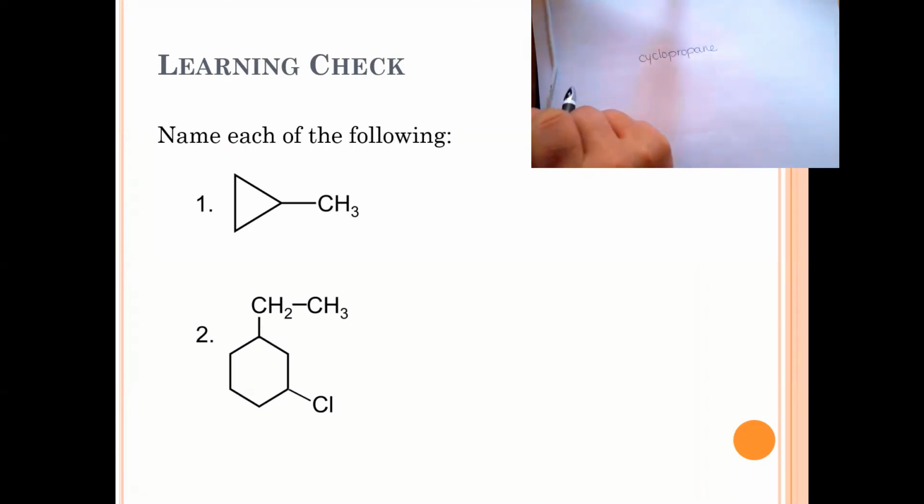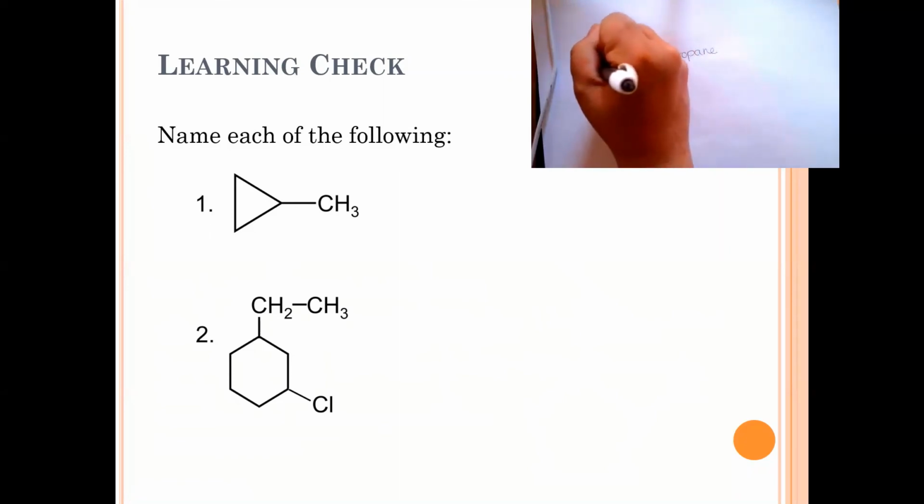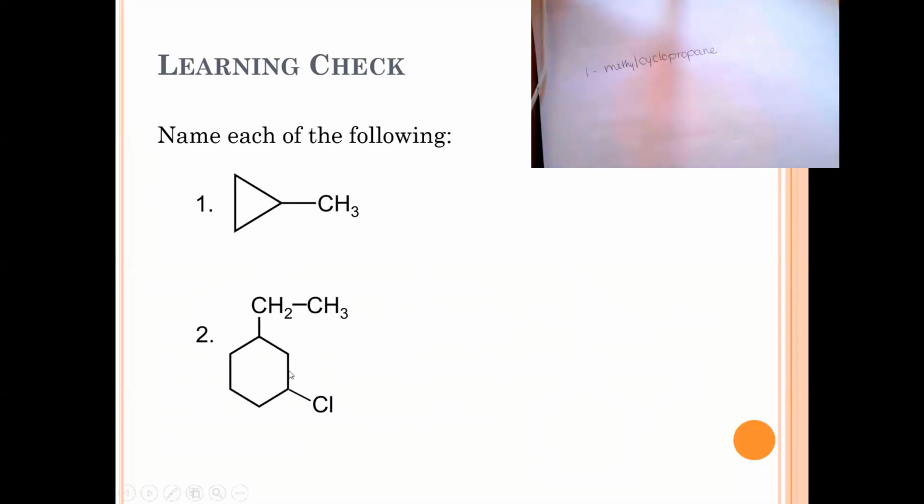And because we have a methyl group attached to the top, we're just going to say methylcyclopropane. Or we could put the 1, but the 1 is understood. Now in this case here we have an ethyl group. 2 carbons is ethyl, 1 is chloro. Okay, so here C comes before E, so we're going to start numbering it this way, 1, 2, 3. So this becomes a 1-chloro, then a 3-ethyl,